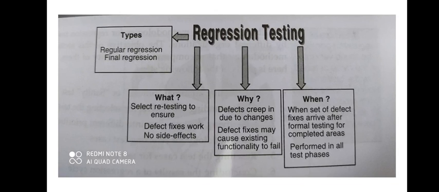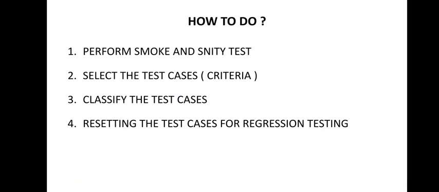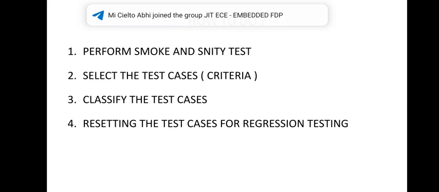The question comes, how will we perform regression testing? Here are some important points on that slide. The first one is to perform a smoke and sanity test. What is this? Whenever changes are made to a product, it should first be made sure that nothing basic is broken. For example, let's say you are building a database. Then any build of the database should be able to start up and perform basic operations, such as if you want to put a query, you can do it.